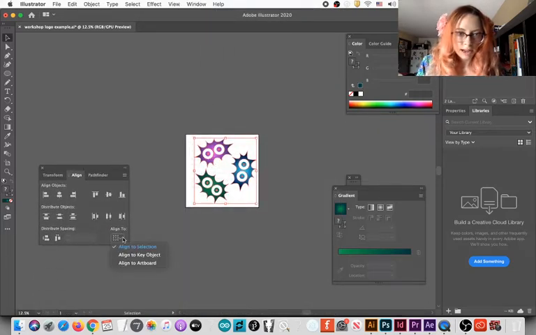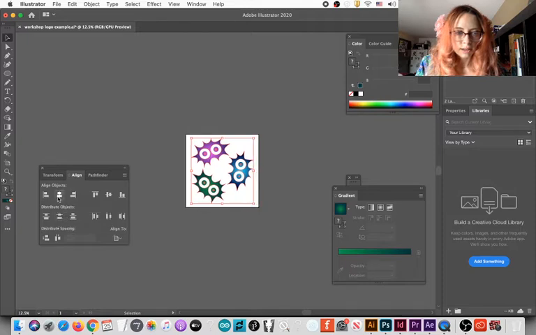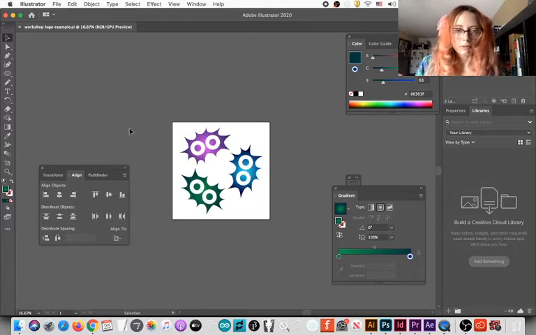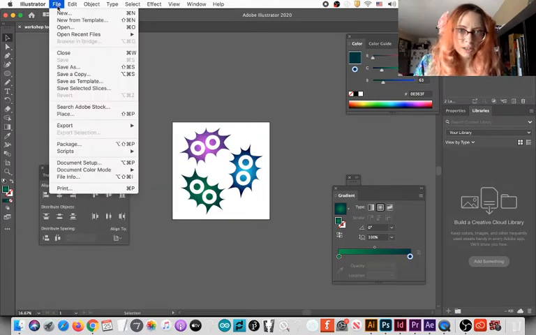Make sure Align to is set to Align to Artboard. And then you can align each object wherever you want it to be. Now it's in the center. Now it gives me joy and a sense of balance. I just love centering things.